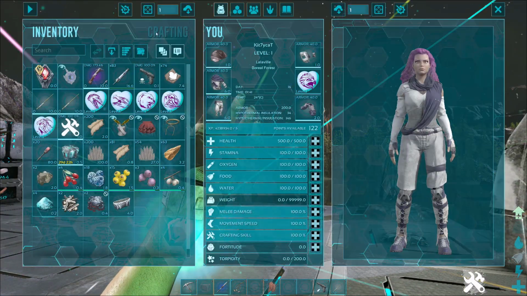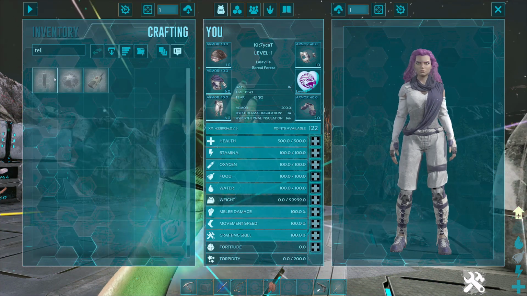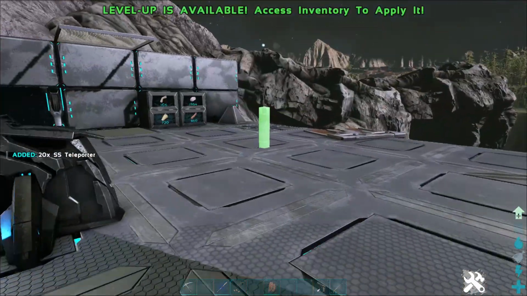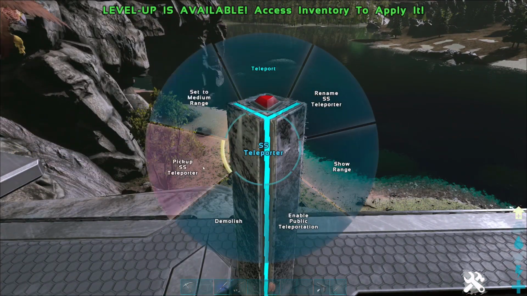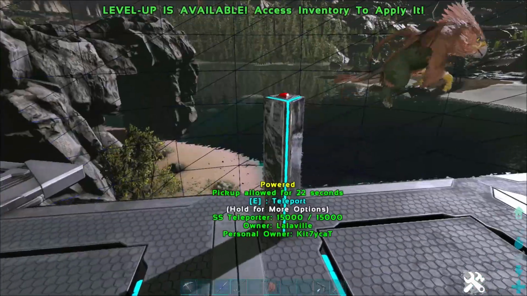There is something I have forgotten, and I want to show you. This is here. This is your SS teleporter. The SS teleporter is not as big as the other one, it's only a little one. And this one has your range, so I'm going to just show you the range. So this is your big range,